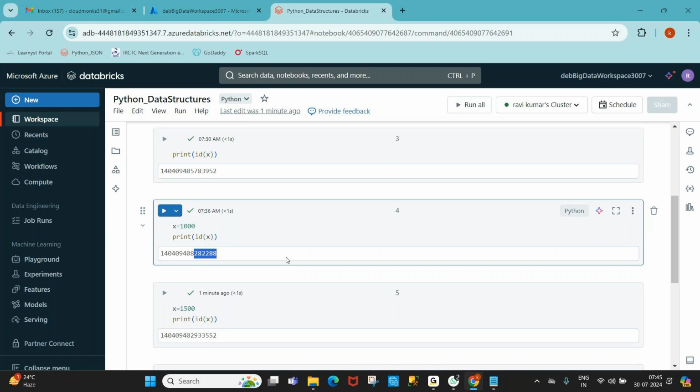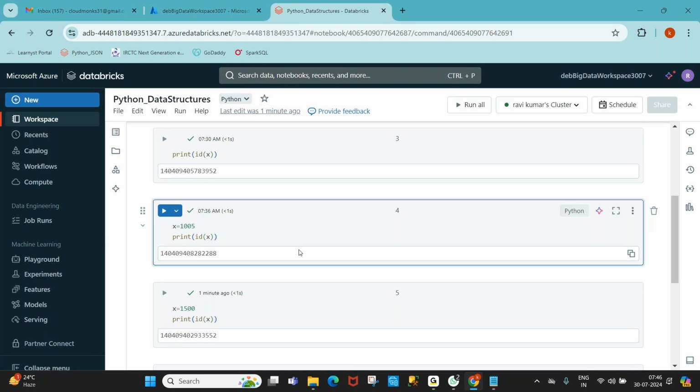That is the existing object. Now if I try to modify it to 1005, is the value modified at the same address, or does it give a different address? It gives a different address, a different memory address.